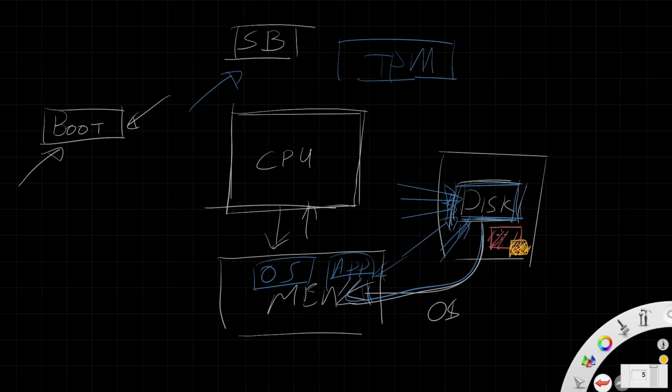Now any tampering of this particular code, including malware or any instruction, even if it is a single byte change, will invalidate this particular signature. Now that signature is being checked by the TPM. It'll decrypt using a public key, making sure that no tampering has been done. Then only the OS will load, making sure that the base of the operating system is clean.